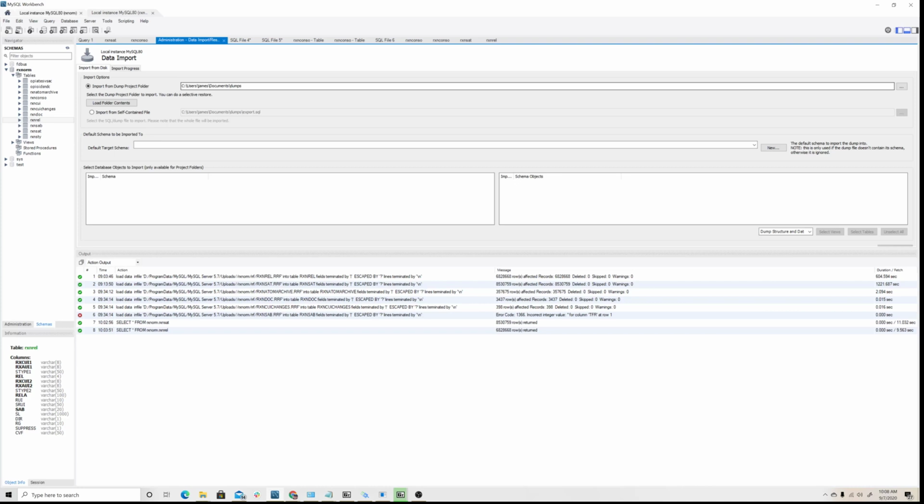And you're gonna just make sure that you designate that folder, okay? And then it's going to be import from the first selection, import from the dump project folder, okay? So make sure you have it all in one folder, and you're going to point it to that. And once you actually finish specifying the folder, then you're going to go ahead and start